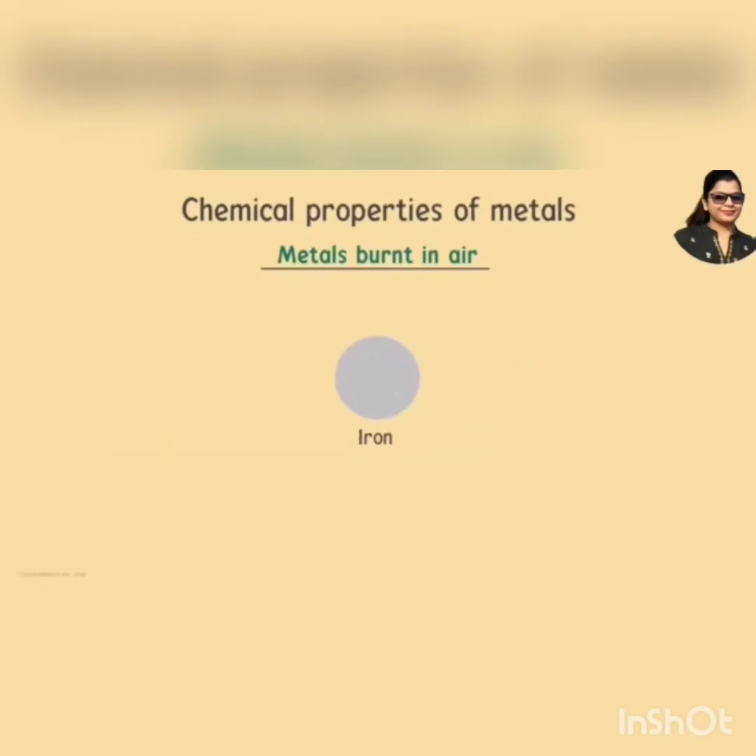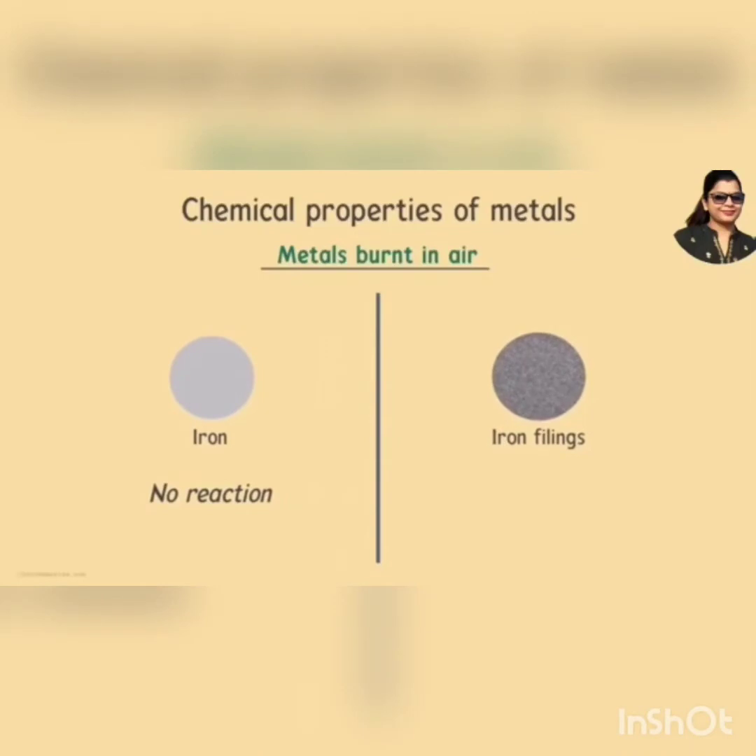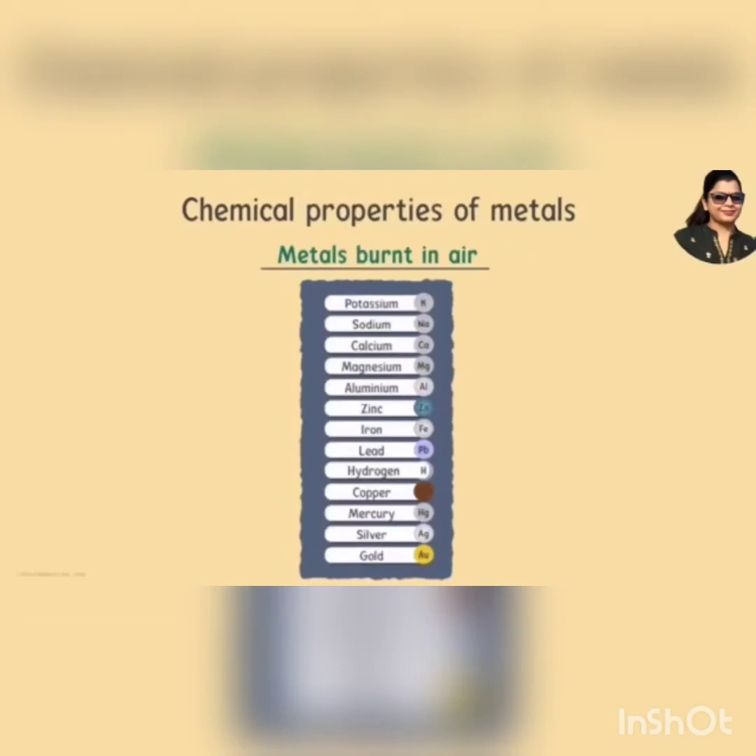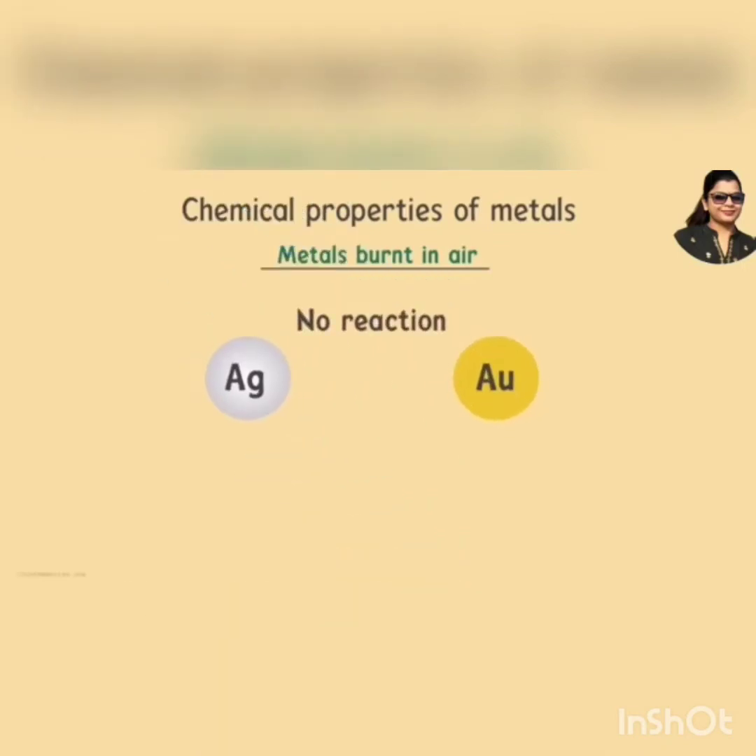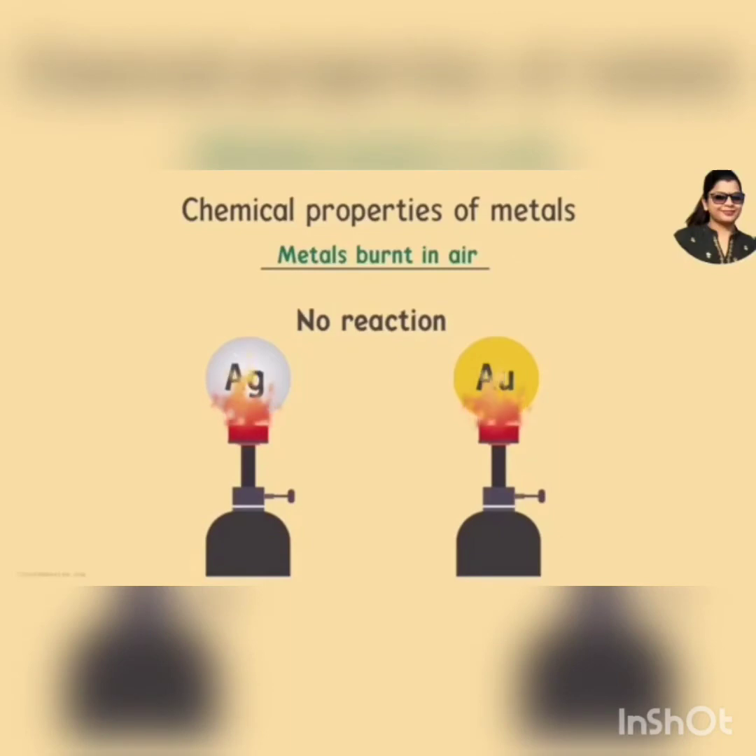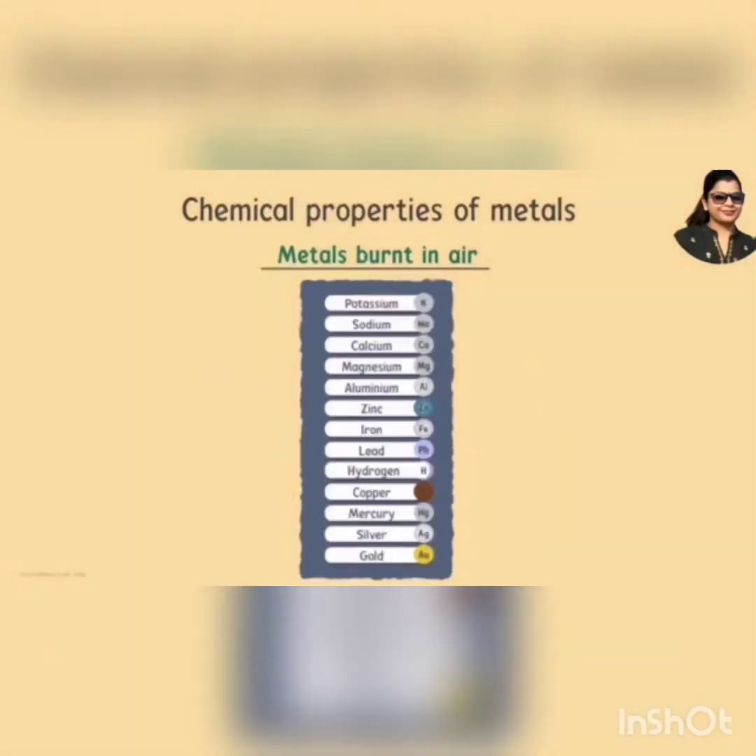What about iron? Iron doesn't burn on heating, but iron filings burn vigorously after being heated. And which metals do we have at the end of the spectrum? Yes, silver and gold. Can you guess how they react with oxygen when burnt? Silver and gold do not react with oxygen at all. They don't react even at high temperatures. So we see somewhat of a pattern among the metals. Sodium and potassium are more reactive, whereas magnesium is relatively less reactive. But wait,